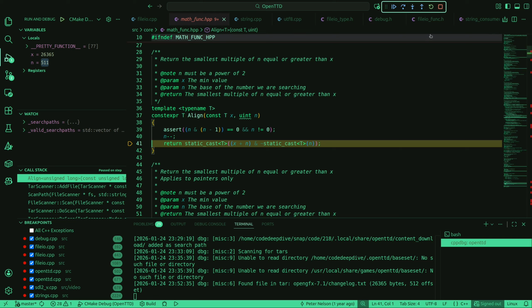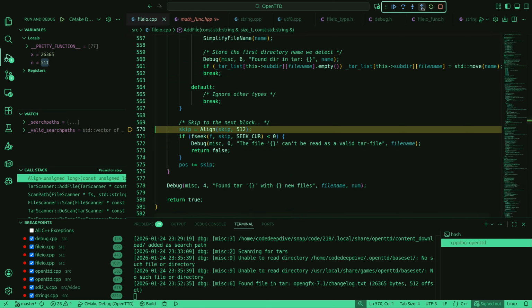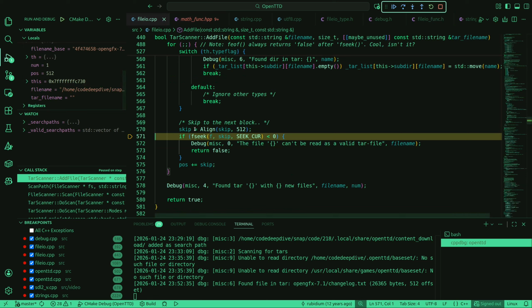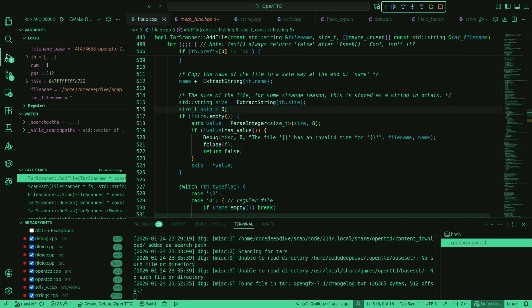Okay. Skip to the next block. Okay, it's a bit bigger than I expected, but probably it's because